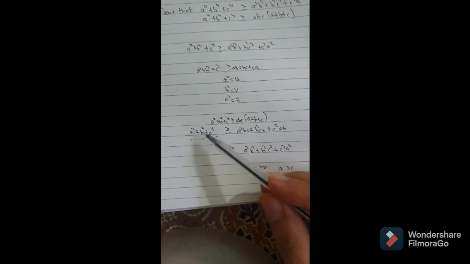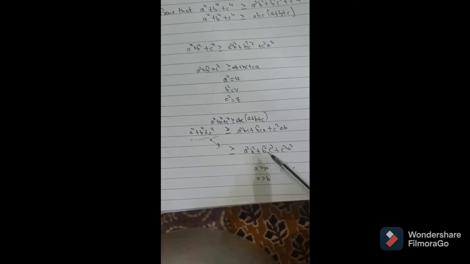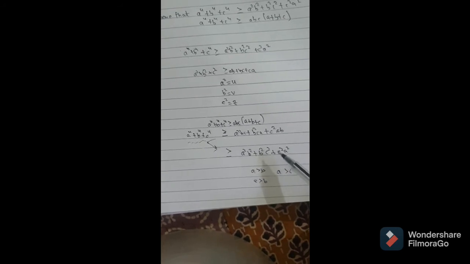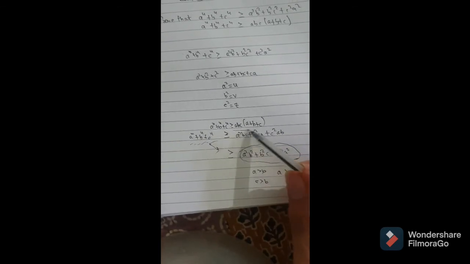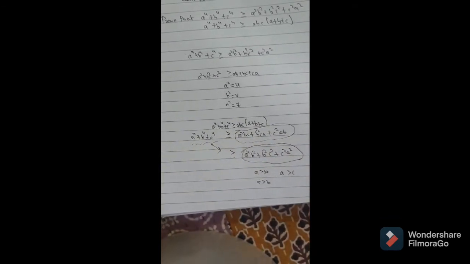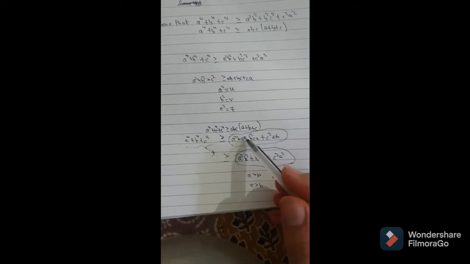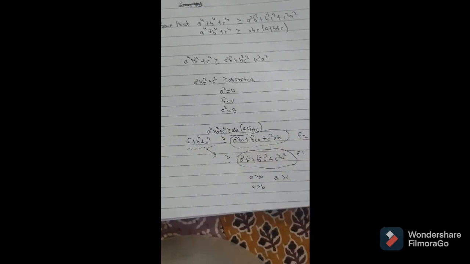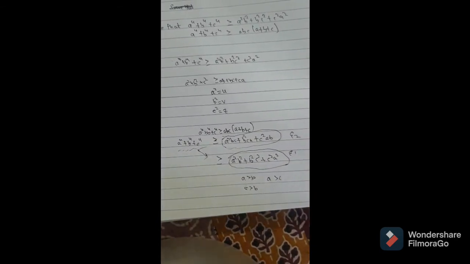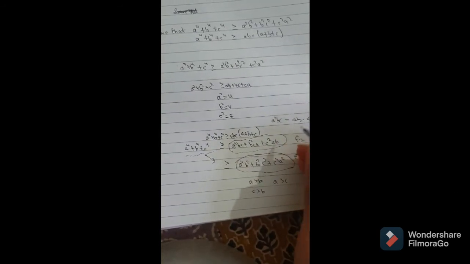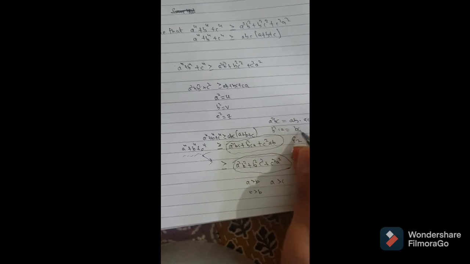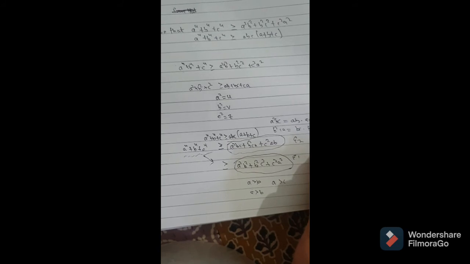You know this. So what we can do is that a power 4 plus b power 4 plus c power 4 is greater than or equal to a square b square plus b square c square plus c square a square. So if we prove that this expression, I'm circling it, is greater than this, our work is done. Can you show this? A square b square plus b square c square plus c square a square greater than or equal to this one. This is E1, this is E2. Just observe that a square bc can be written as ab into ac. Similarly, b square ca can be written as bc into ba. Similarly, c square ab can be written as